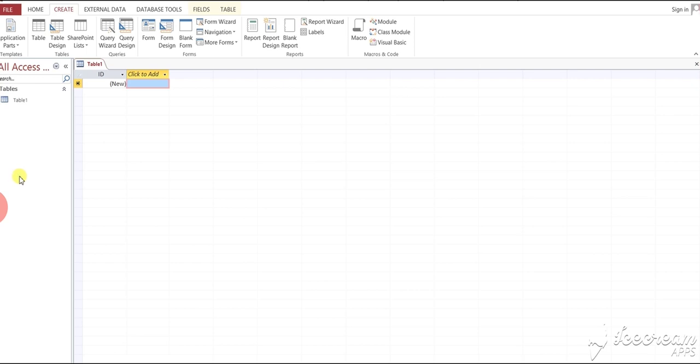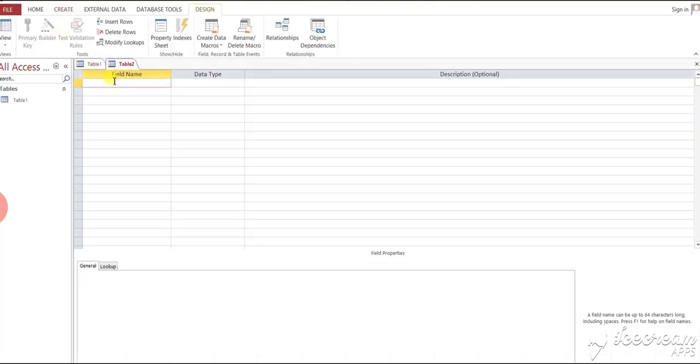So click on table design view. Then this is the design view of table, field name, data type and description.